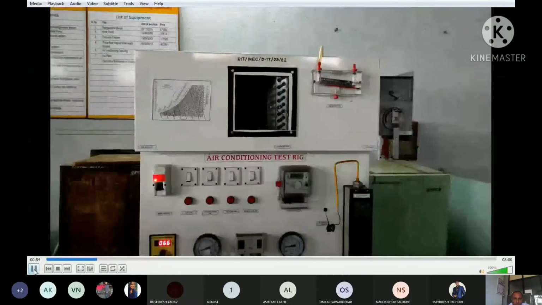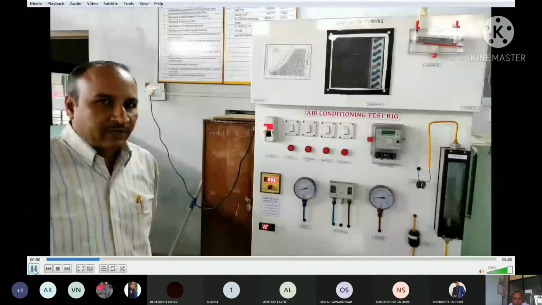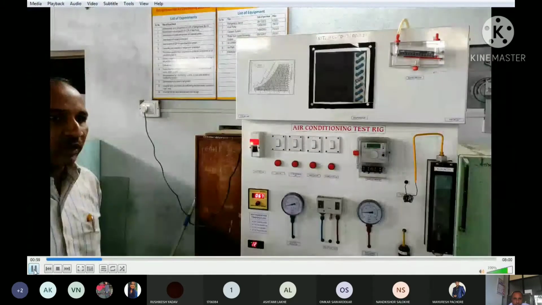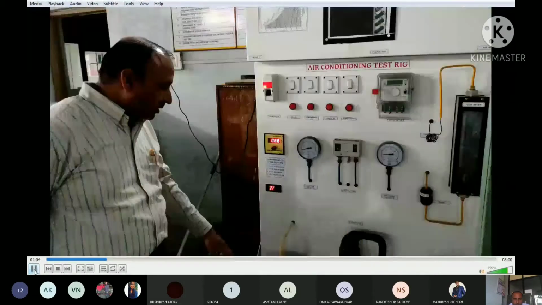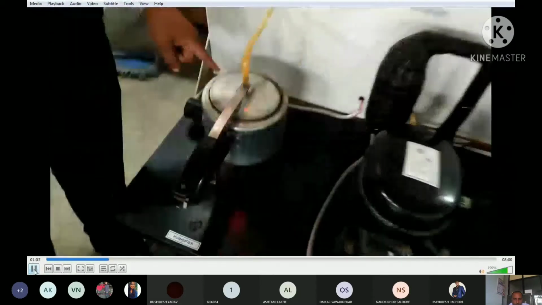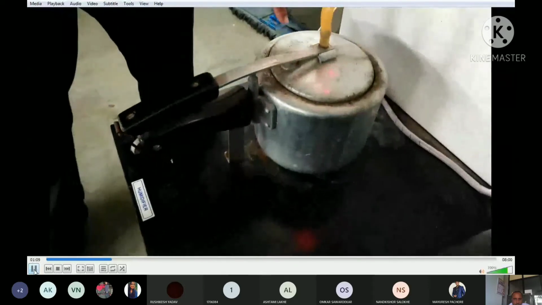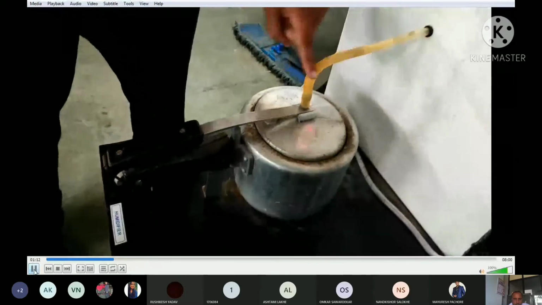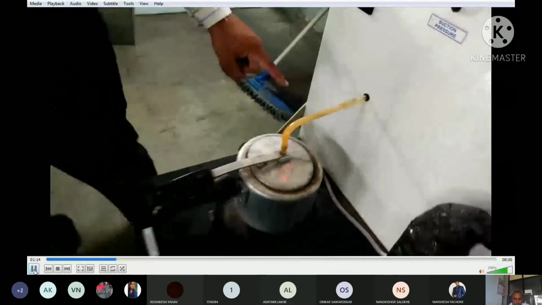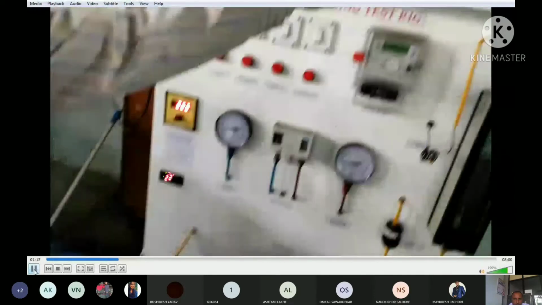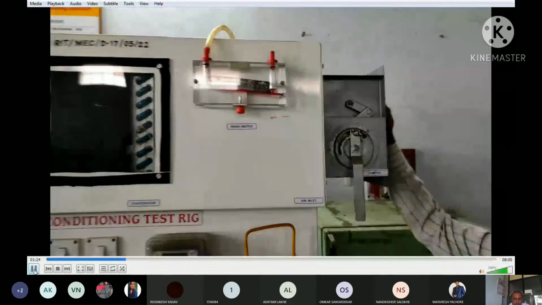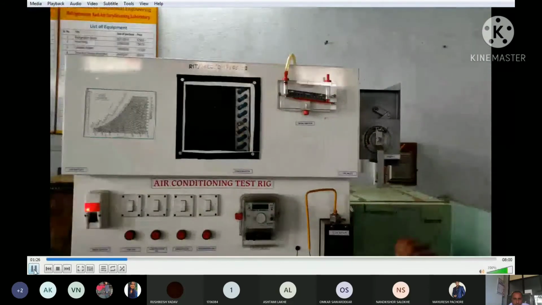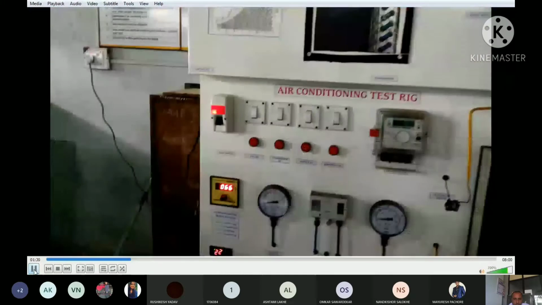So this is used for cooling and dehumidification or maybe for sensible cooling. But for heating, we require steam or some kind of heating process. So here we have a cooker arrangement to make steam. By using this cooker, we can make steam, which is passed through this and inserted into the air handling unit. This is for the heating and humidification.